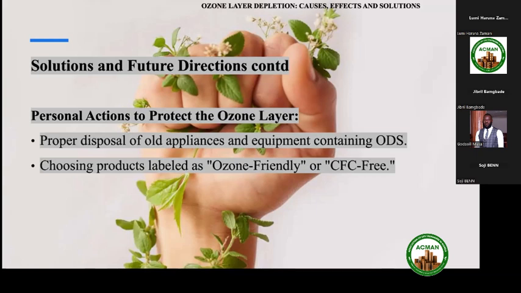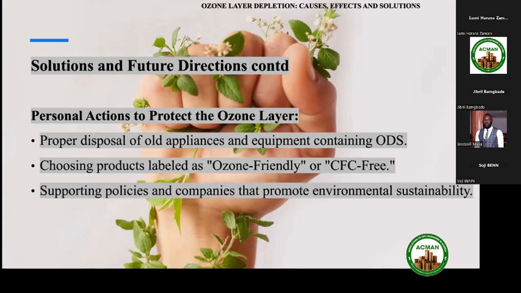Maybe your AC is not working and you want to fill the AC gas in your products. This is another way you can take action. Then supporting policies and companies that promote environmental sustainability. Look for companies that sell naturally produced stuff and patronize them. These are things that are good for the environment and will help safeguard it.